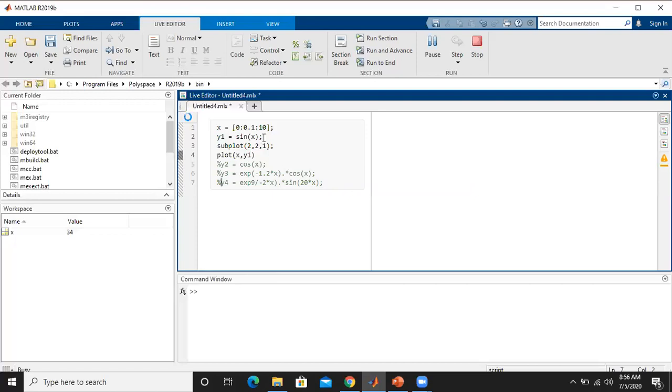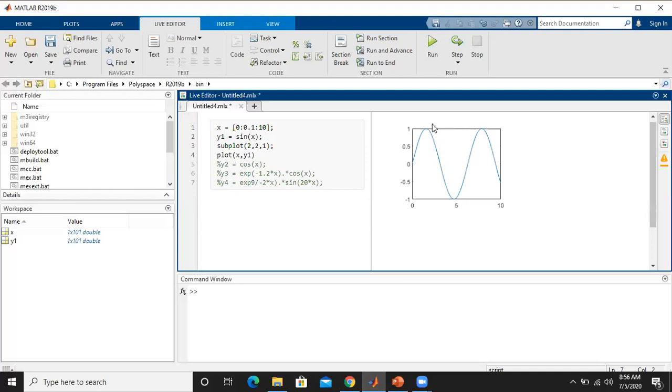So once the MATLAB script lines have been executed, we can observe that the plot which is sin x will appear on the first window of the screen. We'll resize this one also.